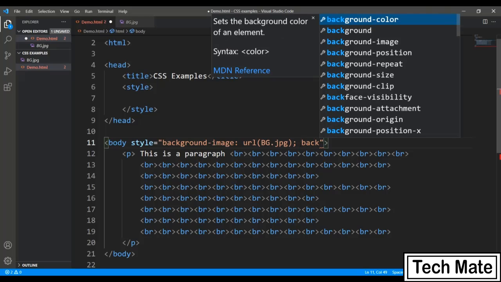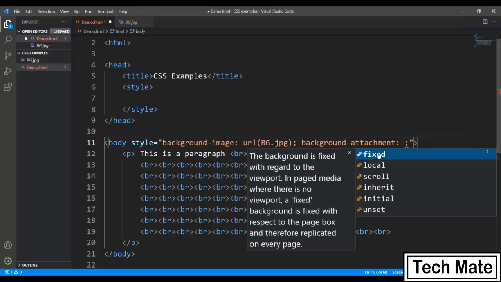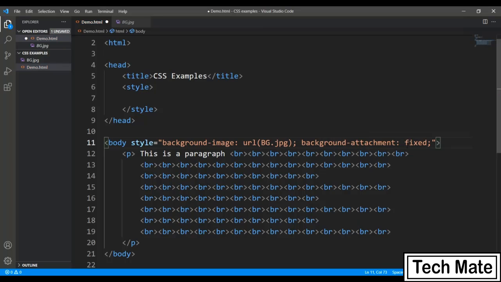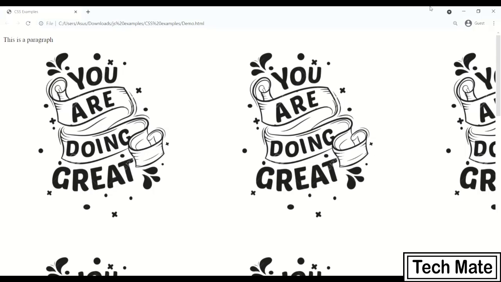But now there is one more thing: if I want to fix my background, for doing that I will pass the attribute background attachment as fixed. So let's save it and refresh it here, and now when I scroll, you can see only the content is floating.